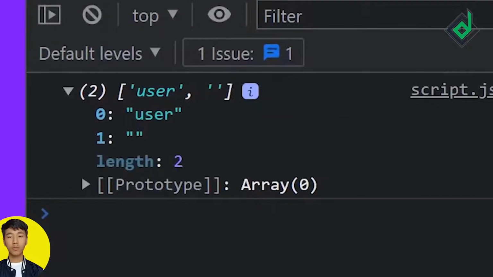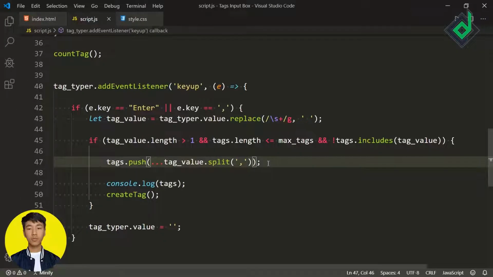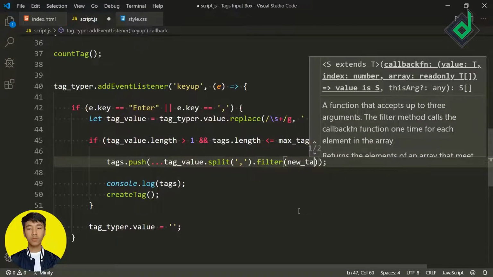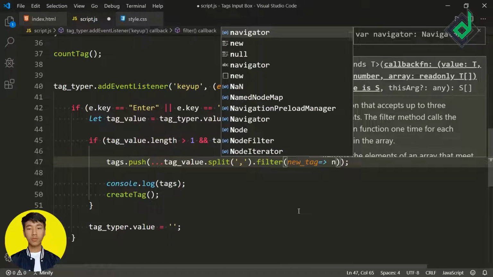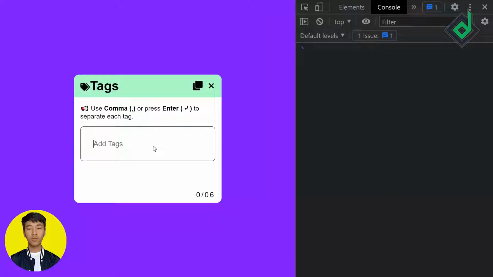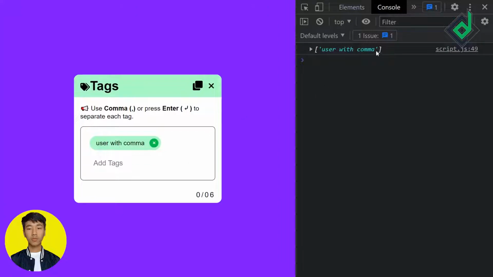So in order to prevent storing the empty string value, we'll once again use the filter method. With the help of this filter method, we can iterate over each and every value of that array. I'm giving an arrow function, and I'm writing new tags, so we're giving this condition that it shouldn't be equal to that empty string. Once again with the help of this code, we are returning the new array, but this time we are returning only the values without the empty string. Now in the browser, if I type and add the tag, you can see in the console, now we are not storing that empty string inside our array. So this is exactly what I want.